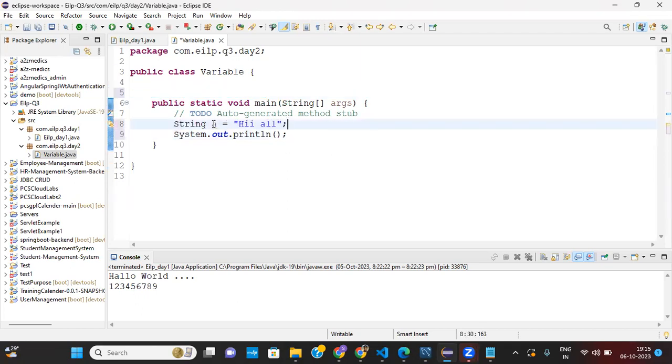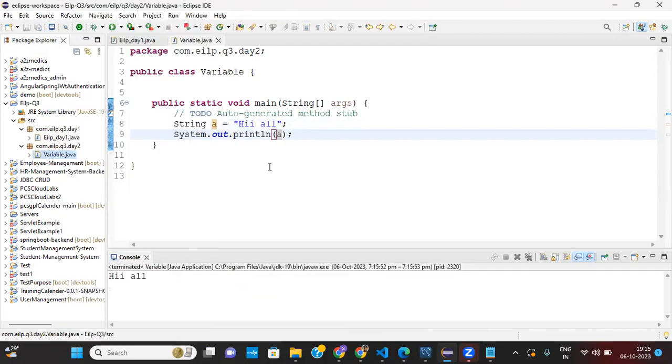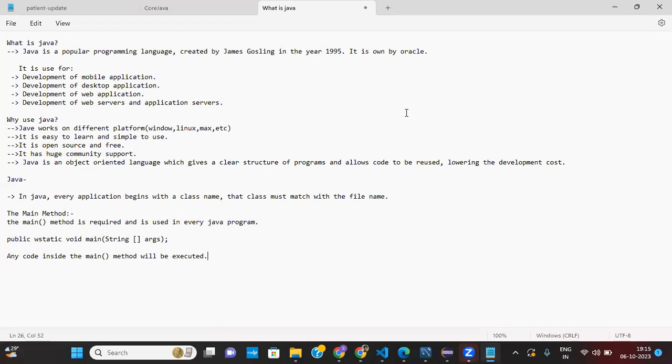Okay, now it's good. Now it is saying it is unused. Here the underline, if you see, means this variable is not used. Now if we give this inside the print statement, it is now in use. If I run the program, it should give me the output. So this is the printing statement, and we are seeing the output. This is called Java output.